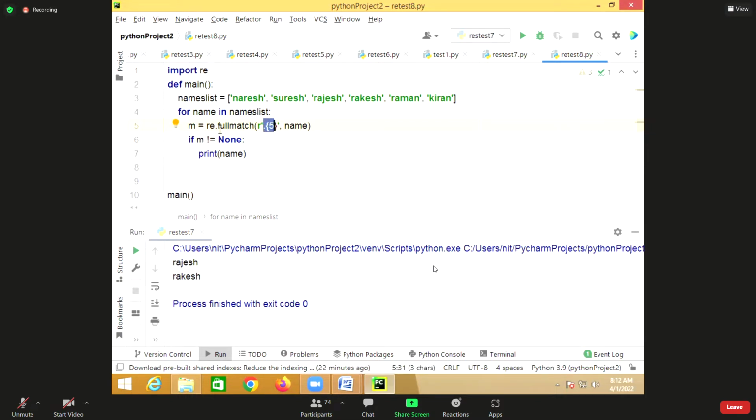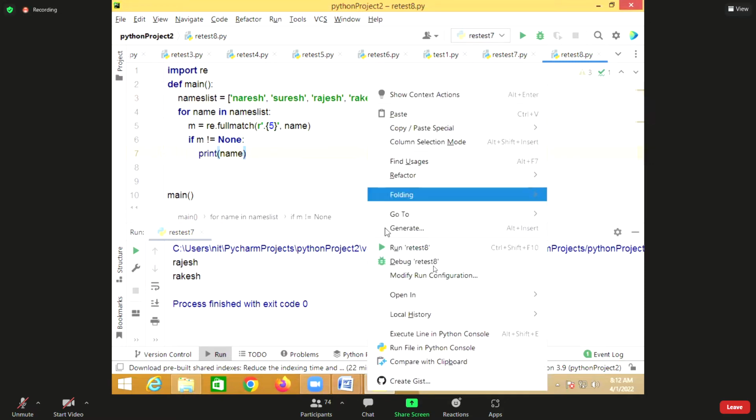5 characters. For example, the name Naresh has how many characters? 6 characters. Suresh has 6 characters. Rajesh has 5 characters. Rakesh has 6 characters. The dot repetition is 5.